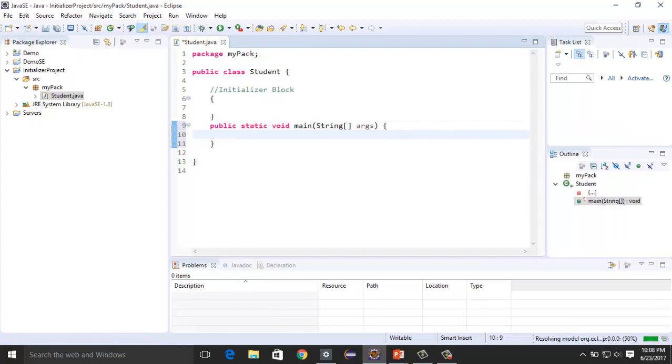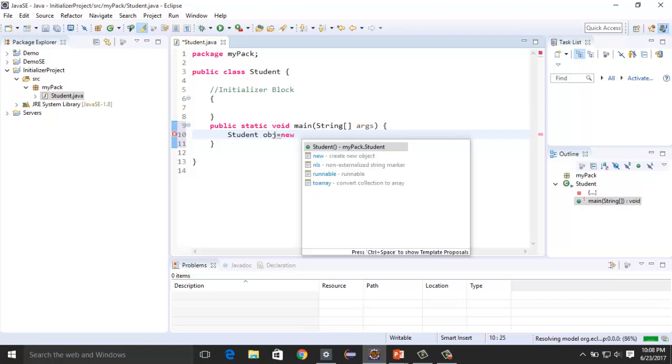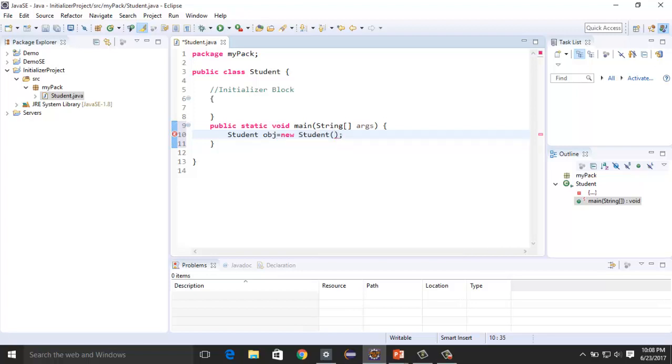So let's create the student obj student. That's it. So whenever we create our class object, our initializer block gets invoked.